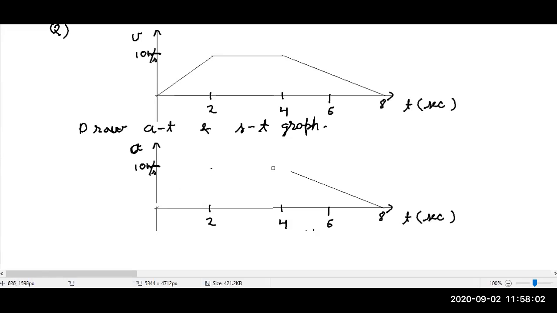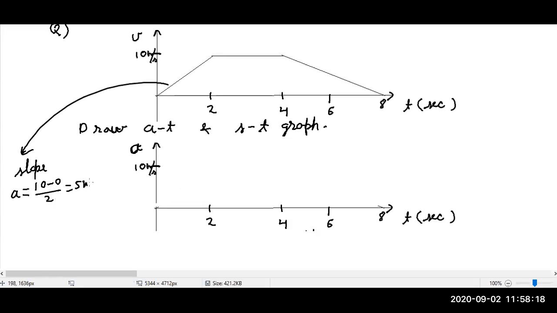This will not be there, so we need to change this. So what will be the slope for this region? The slope will be the change of 10 meter per second in 2 seconds. So that is 5 meter per second square, and that will be constant because this is a straight line. So acceleration is constant, and that acceleration will have value 5 meter per second square. So from 0 to 2 it will be 5 meter per second square like this,